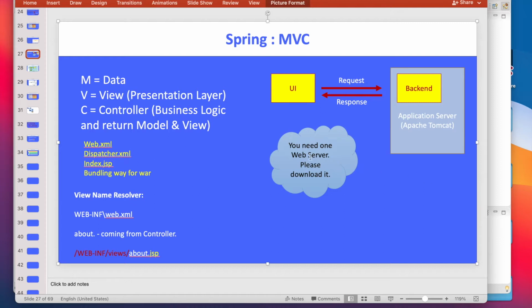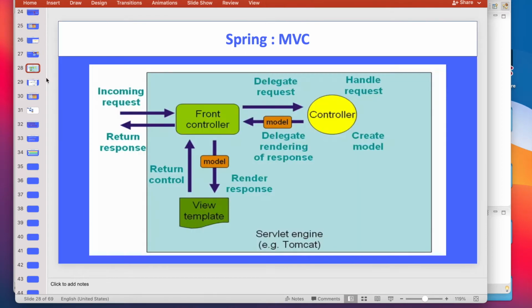So that's why I recommend that before you start the hands-on, you go to the web page and download at least the Apache Tomcat application server, which will be required during the coding. And as I was saying, the model contains the data, the view is the presentation layer, and the C is the control part. Let me discuss this architecture, and after the coding I will come back here again to make the understanding complete.